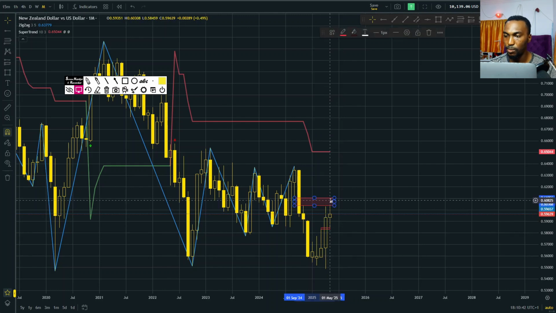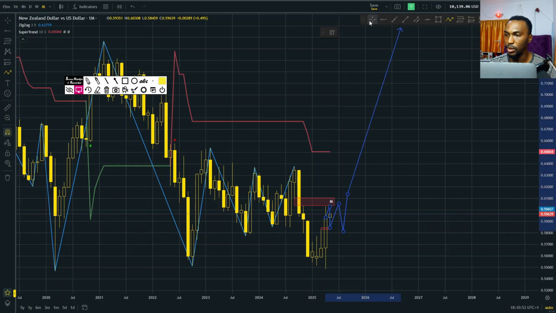So this is where we get the ping pong effect, which is where price goes up, comes down, and it could end up doing things like this. Probably then it can make its way up or down. But we are currently in an area where we'll get a ping pong effect.